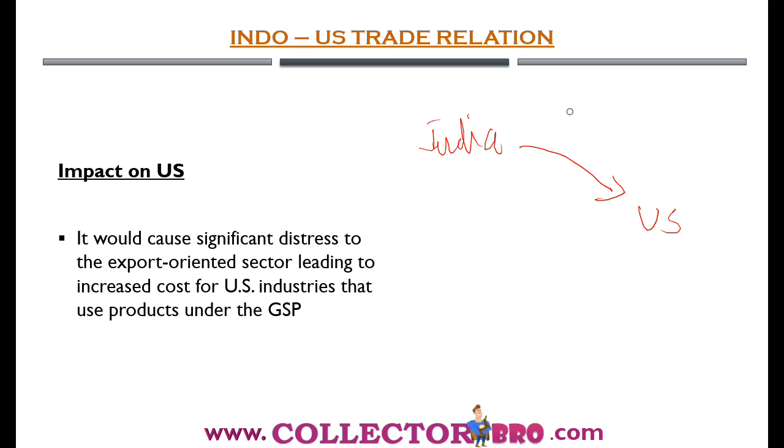These are the products that come under the generalized system of preferences, which include handloom and agricultural products,